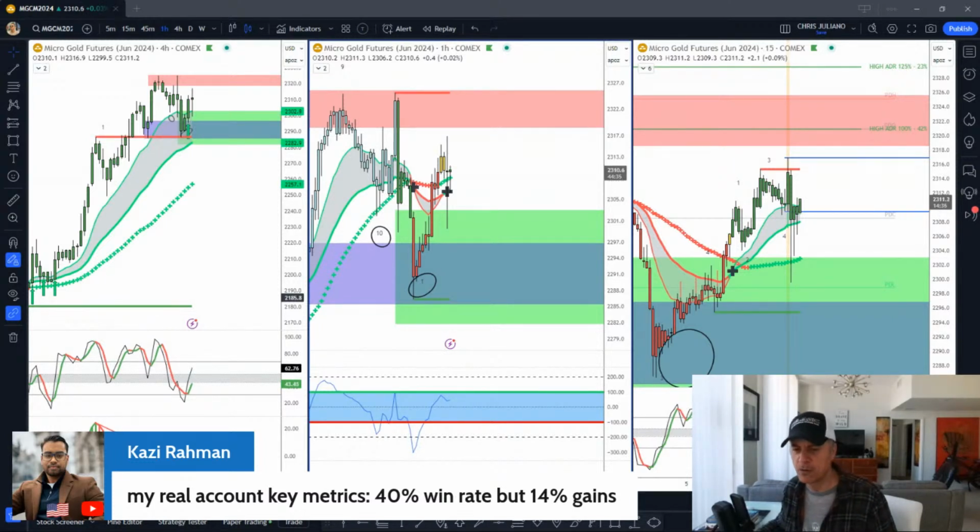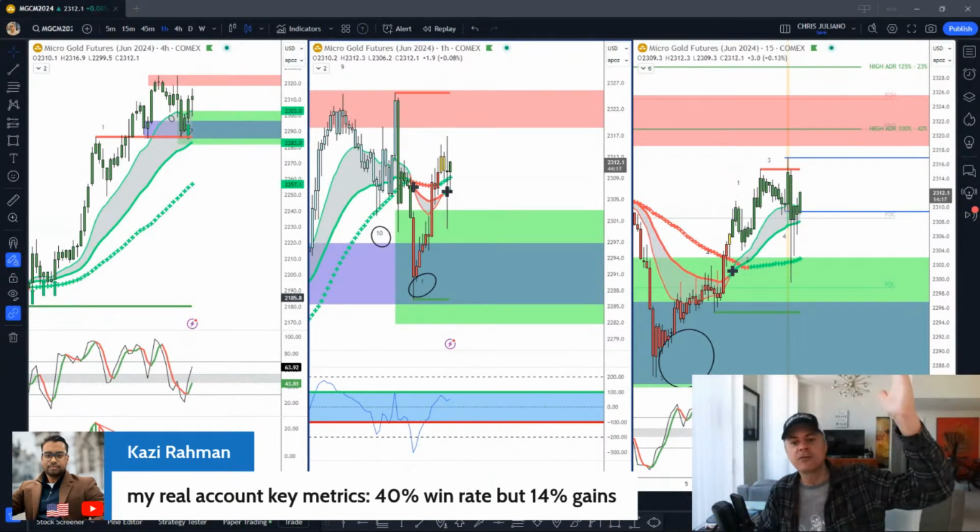This tells you that the win-loss ratio doesn't really matter. It's the magnitude of the win and the magnitude of the loss. The magnitude of the loss, very small. The magnitude of the win, very big, right? Going for those 2-to-1, 3-to-1, 5-to-1, scaling out of the trade when you can. So this 14% here